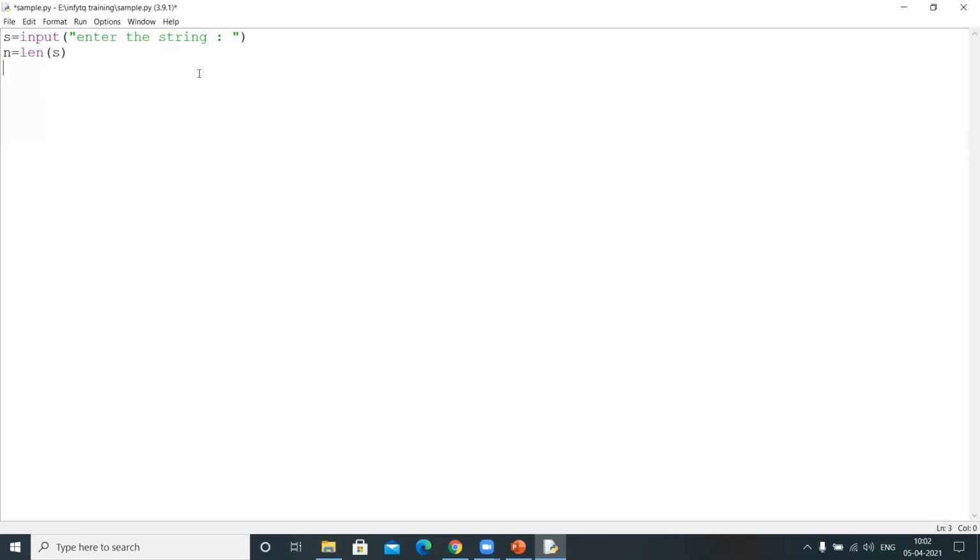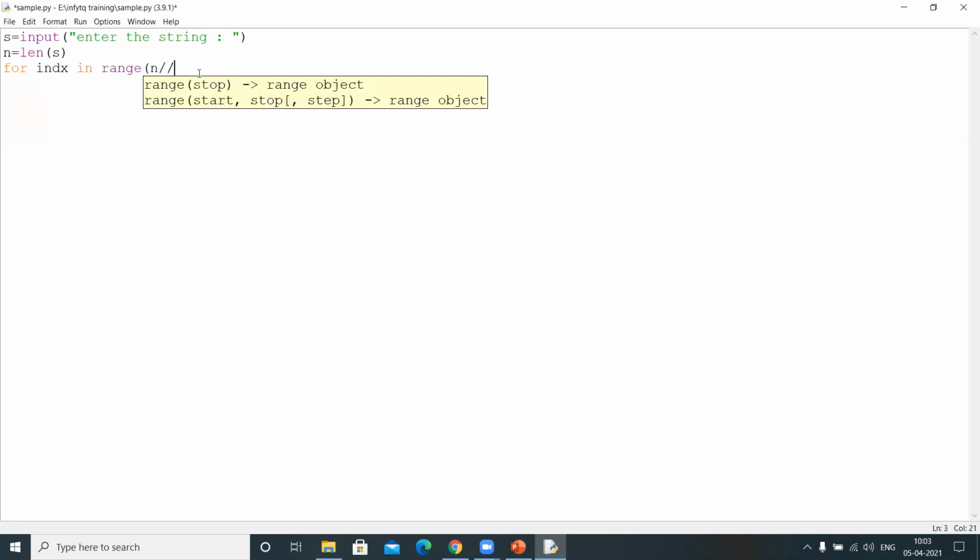Now observe, for index in range n by 2, as I said we need to start at the middle, right? N by 2 until we reach 0, and -1 we need to decrement by 1 each time.